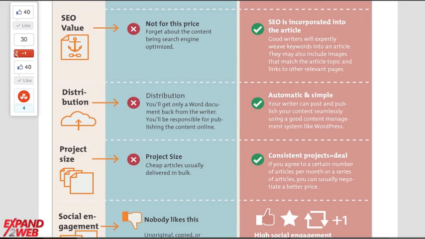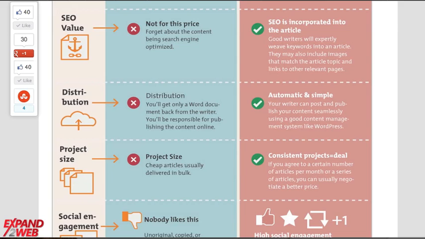Distribution is another thing. One thing that I hate is getting an article, somebody sends me a Word document with a whole bunch of content in it. Now I've got to go to my WordPress blog and figure out how to cut and paste. I frequently end up doing a bunch more formatting, having to get this article ready to publish. Good writers, they'll go to your WordPress. You set up a user ID for them as a contributor or an author. They'll write the article and put it in WordPress for you, and then they'll send it up for your approval. And you can publish it live whenever you're ready once you've approved it.